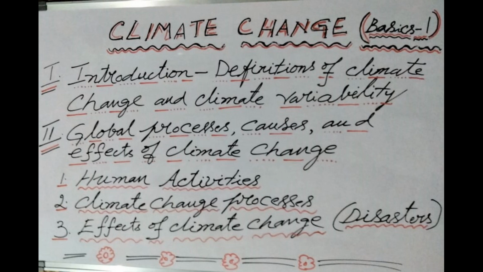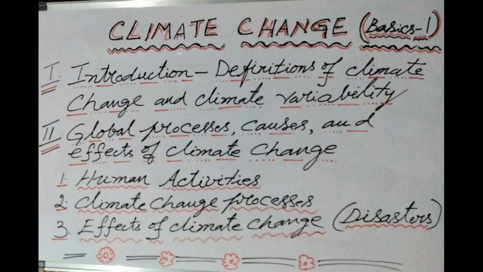Climate change. Why is it significant in the 21st century? One of the major challenges humankind is facing is to provide an equitable standard of living. However, climate change is threatening humanity and the human ability to meet food security. Therefore, the science of climate change and variability and their likely impacts on agriculture assumed significance. Now, let us try to understand the definitions of climate change and climate variability.